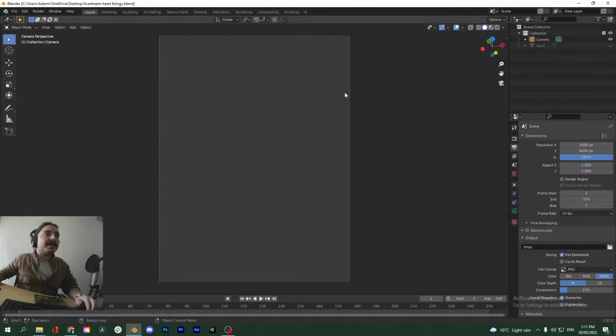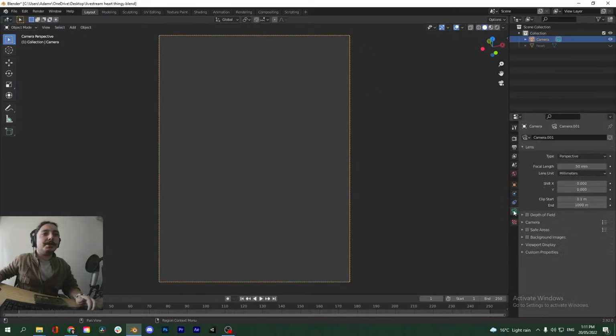So the next thing we need to do is we need to basically set up our image as a background. So you can go into your camera properties with your camera selected, go down to,